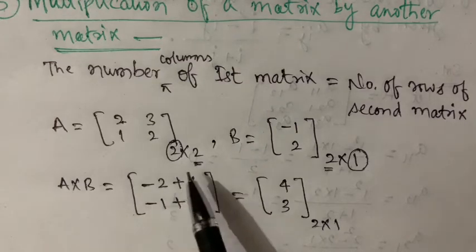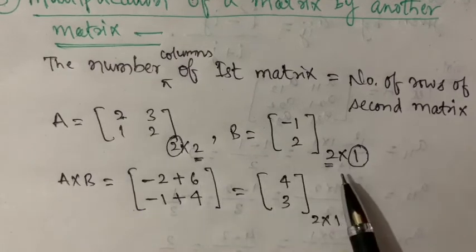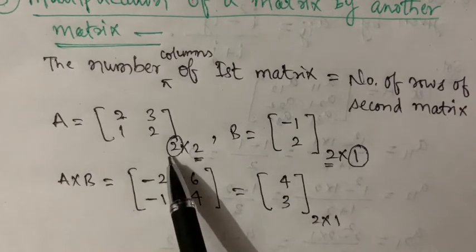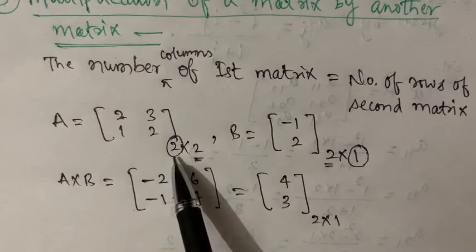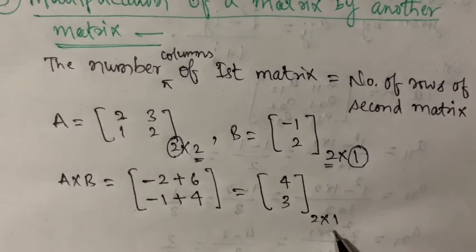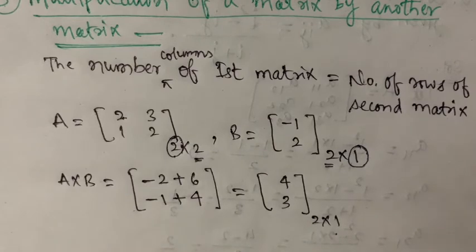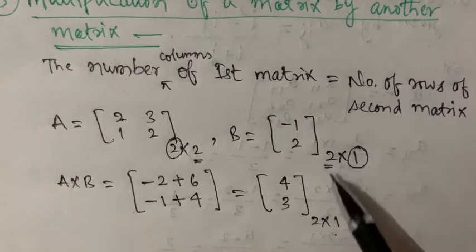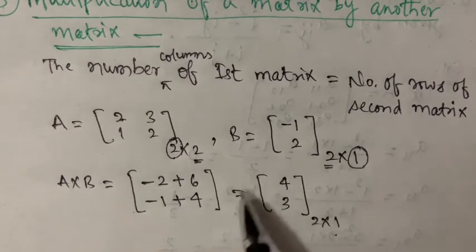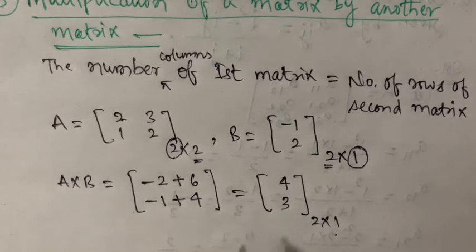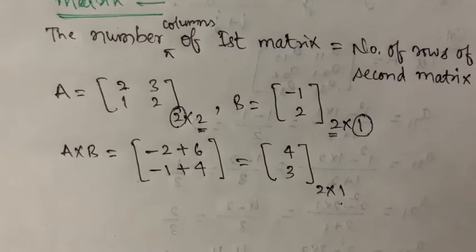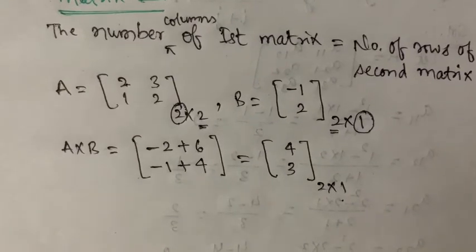That means here you can see 2, if we cancel these twos, then we can get the order of the resultant matrix as 2 by 1, and which is this one. Now if we have another column in the second matrix, then we will have another column there. So we multiply it like this one. You need to practice it a lot, because mastering it is necessary. If you practice, then you will master it.